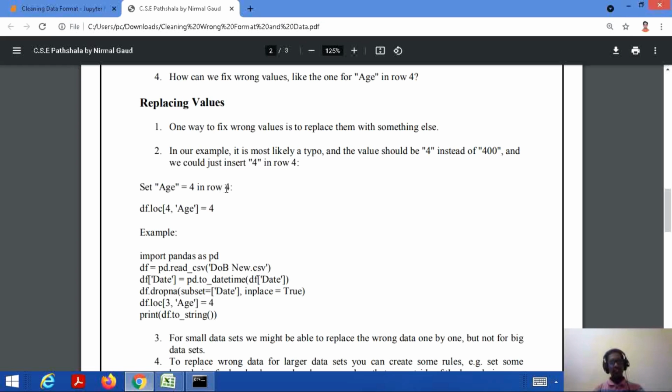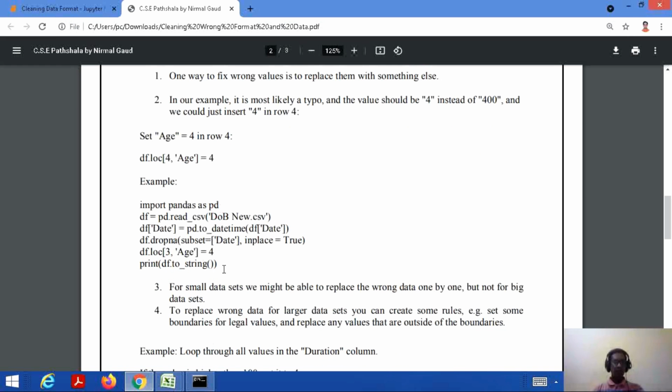That means df.loc[4, 'age'] is assigned a value of 4. So this is how we can perform the task, by filling up the value of column age, row 4 with a value of 4.